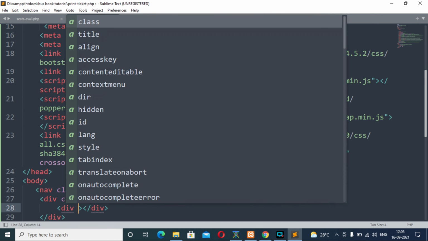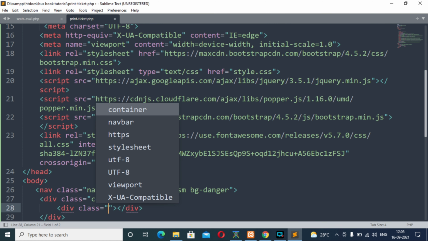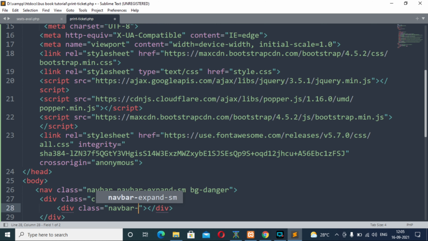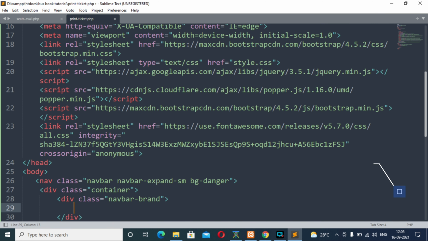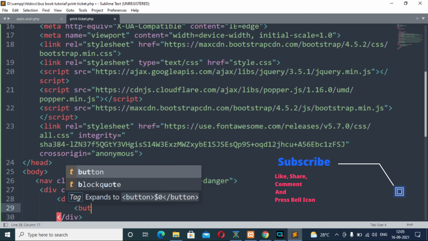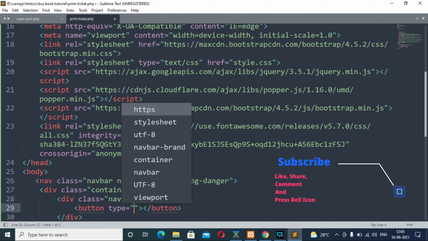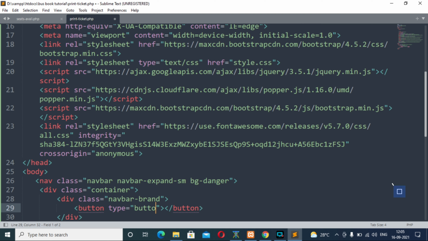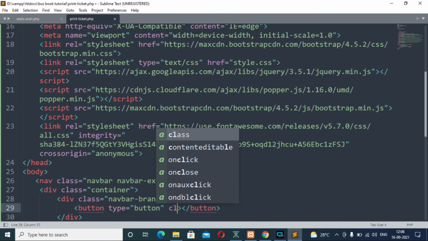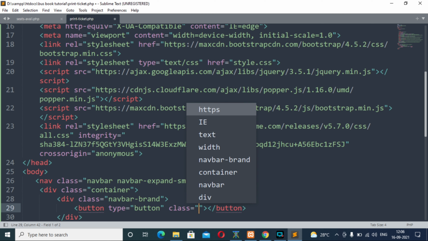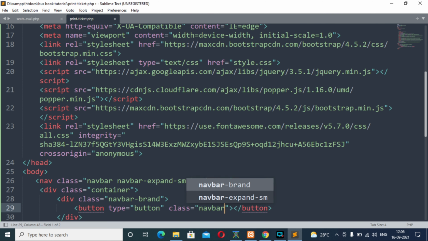There will be another div tag with the class attribute navbar-brand, inside which we will have a button tag with the type attribute, and the value will be button, and there will be another attribute class with the value navbar-toggler.